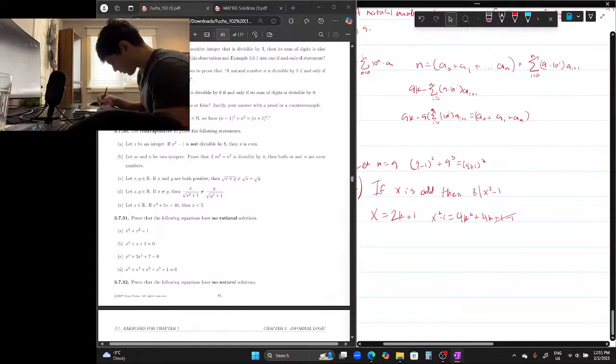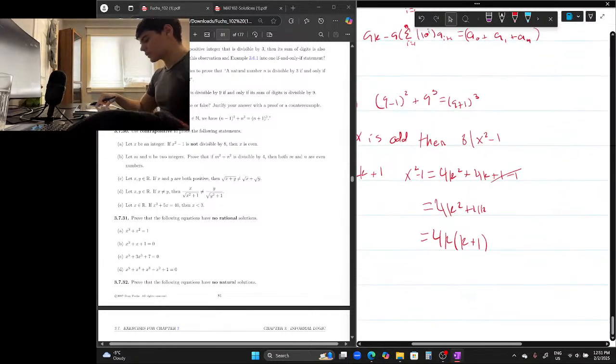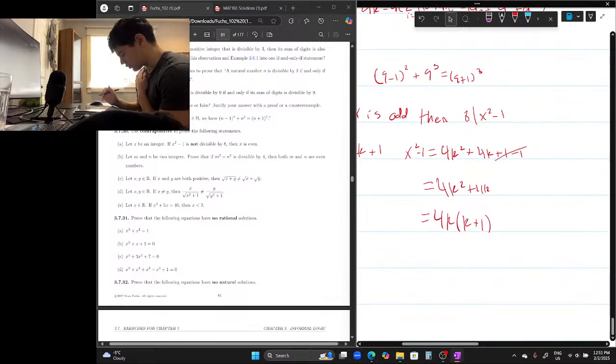Okay, so now these cancel out. We have x squared minus 1. We already know, so 4k squared plus 4k. Factor out 4k, and you get k plus 1. Okay, so now